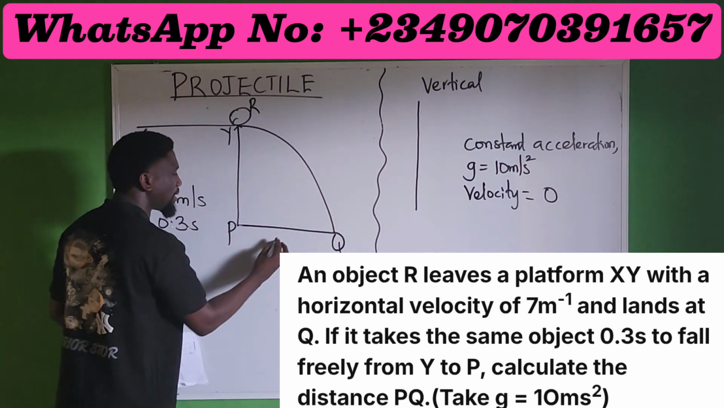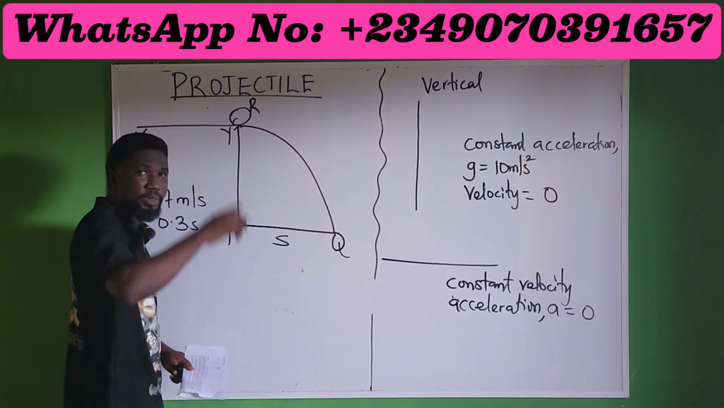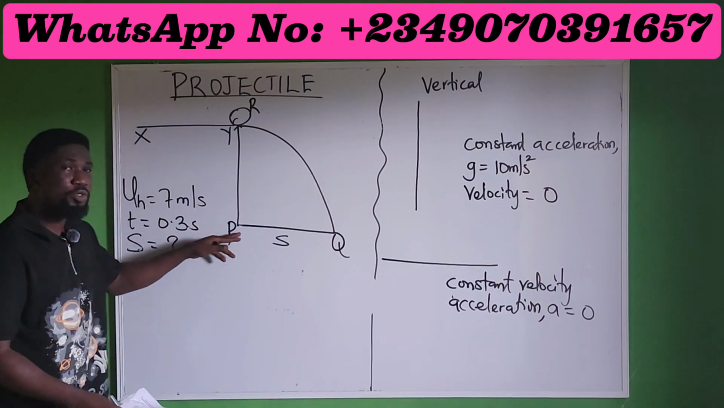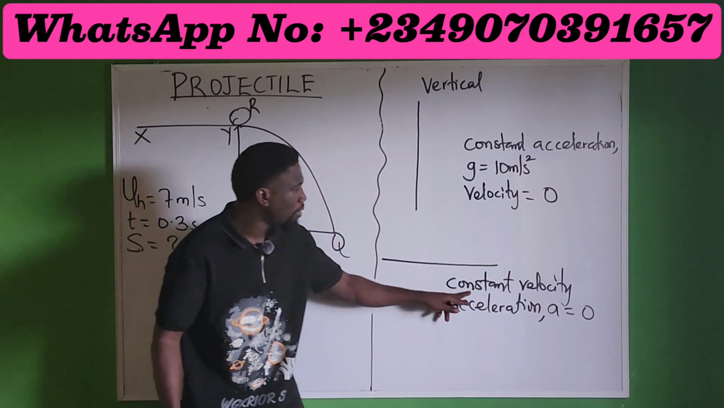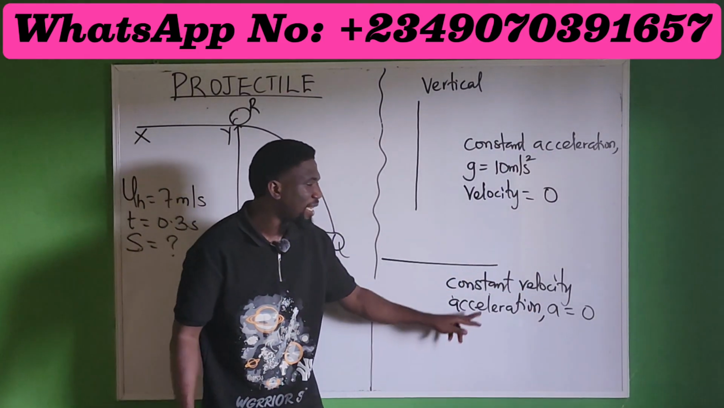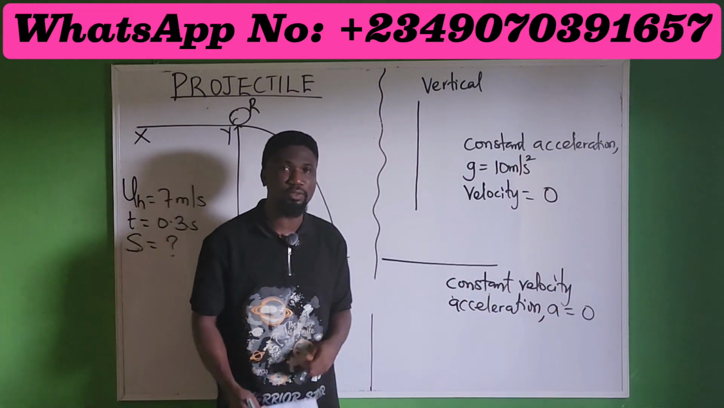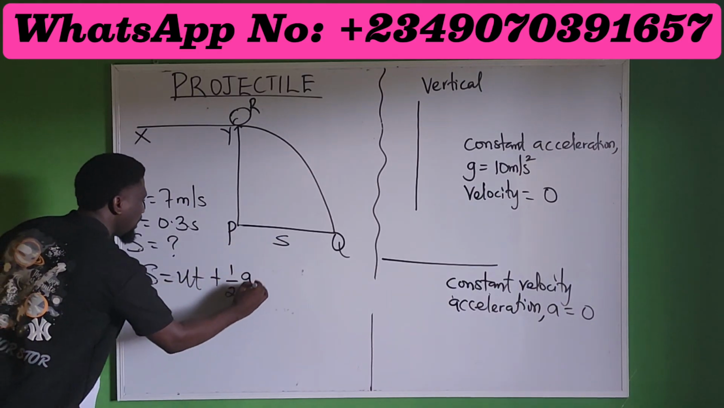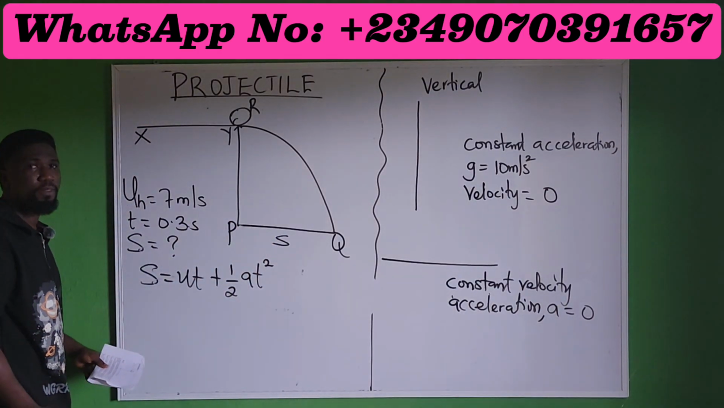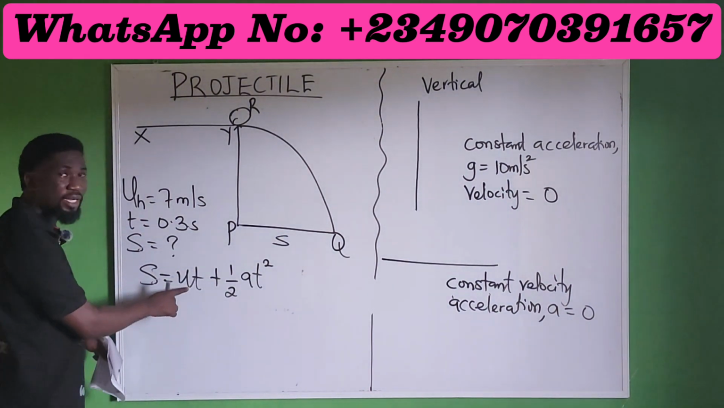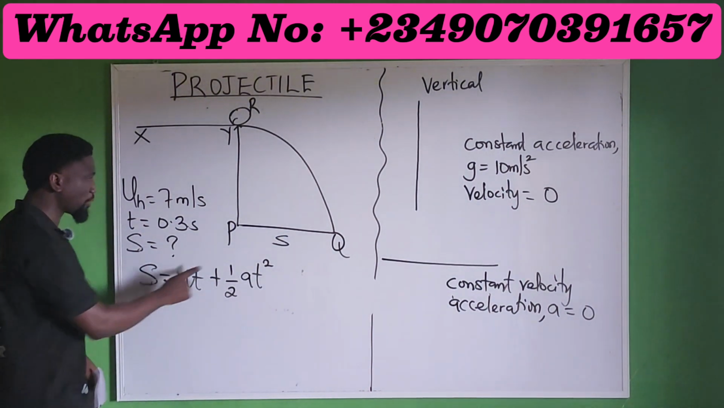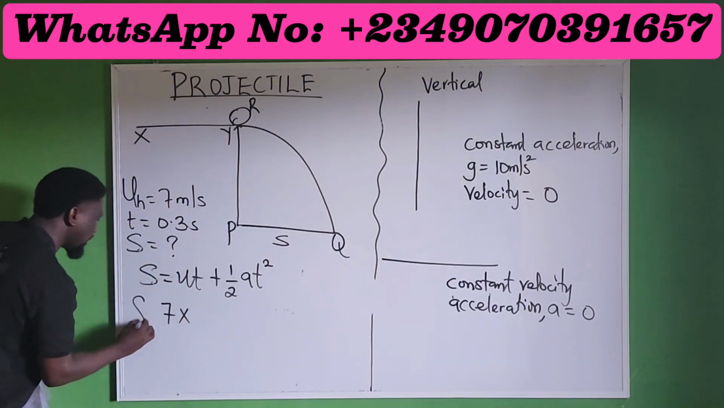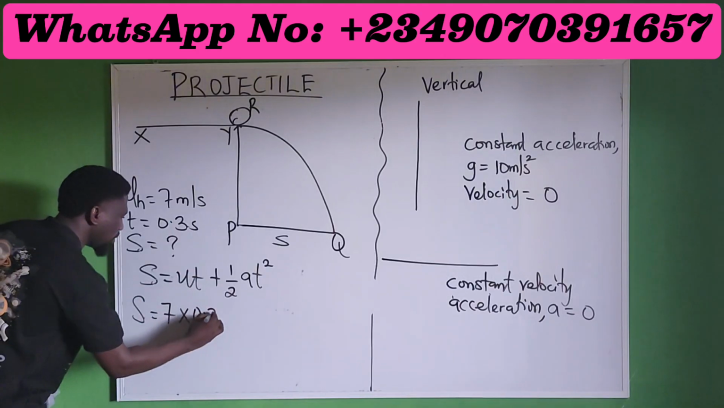So this represents what? It represents the horizontal distance, which is S, not the vertical. So we want to get S. So for the horizontal motion, what do we have? We have that it has constant velocity and acceleration is equal to 0. So S is equal to ut plus half at squared. Are you getting my point now? So this u now represents that of the horizontal, because this S is the horizontal distance. So u is 7. So 7 multiplied by t, t is 0.3,